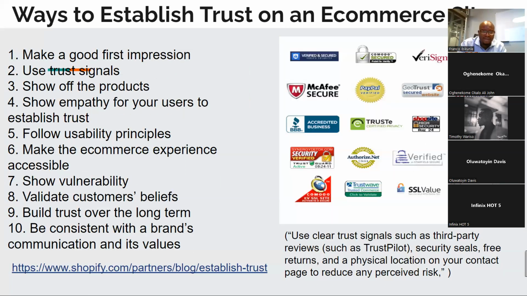I don't care whether you like it or not. It's not you that has to like it, it's your user that has to say, I like it. So you have to consider your users. Then you have to make their e-commerce experience accessible. So show vulnerability, validate customer beliefs, build trust over the long term, and be consistent with a brand's communication and its values. So these are the 10